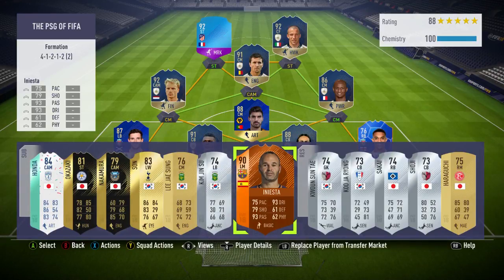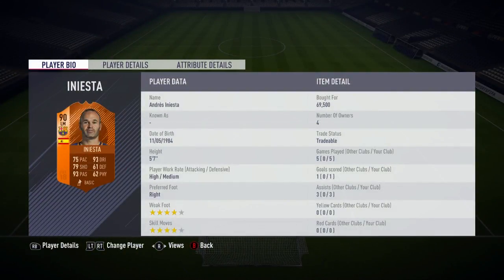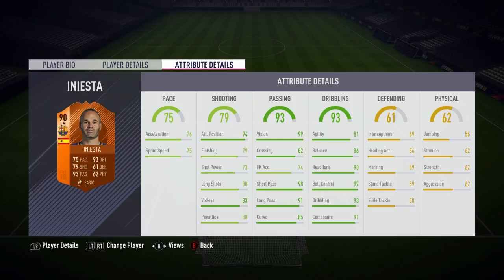He did cost me 69,000 coins, and in the 5 games that I did play him with, he scored me 1 goal and got me 3 assists. He does have a 4-star weak foot and 4-star skill moves. His main standard stats are his 94 attack positioning, his 97 ball control, his 98 short passing, and his 91 long passing. Iniesta did earn this card for his very good performance in Barcelona's 5-0 win against Sevilla last weekend